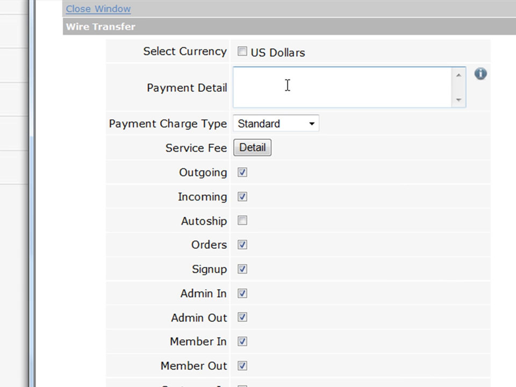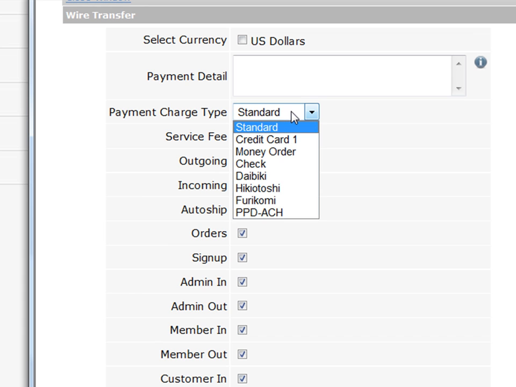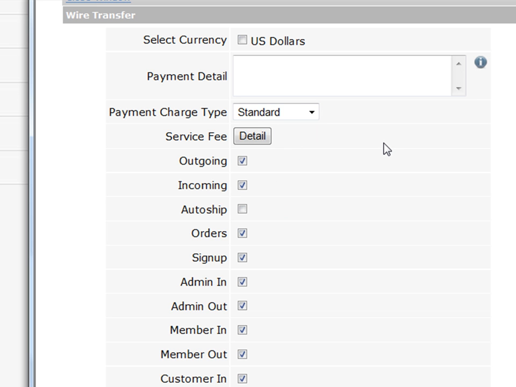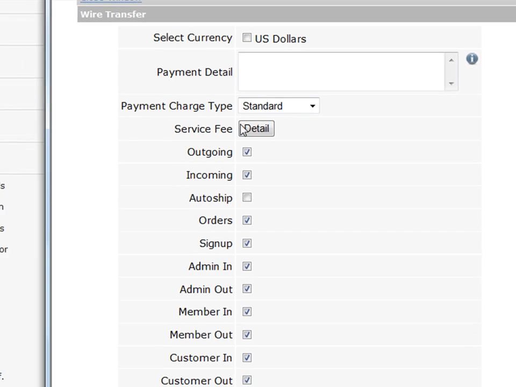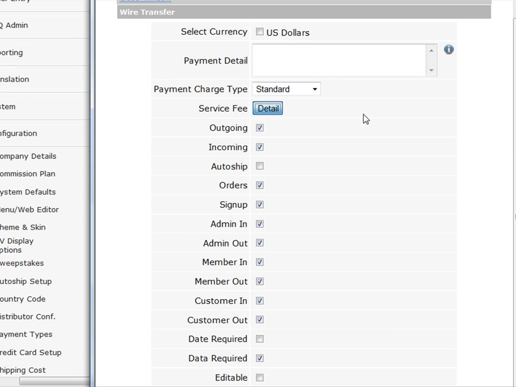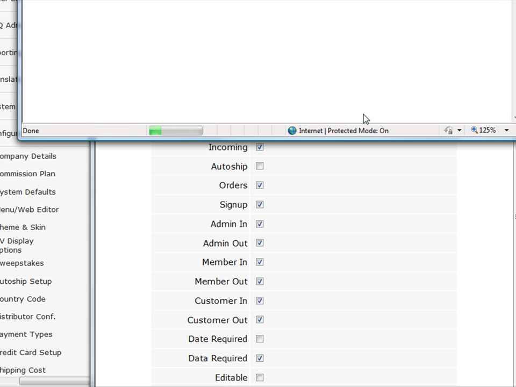Payment detail. If it is a payment type where you need to give a bit more instructions, like a wire transfer, you need to give your wire transfer coordinates. Whatever you put in this box will show up right beside the payment type at checkout. So it gives you the ability to give a little instruction. Payment charge type, usually you have our help in that. These are all just methods that our system uses based upon what kind of payment type you've asked us to set up. Service fee, let's click the detail on service fee just so we can have a look at what